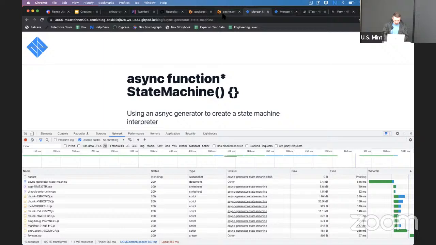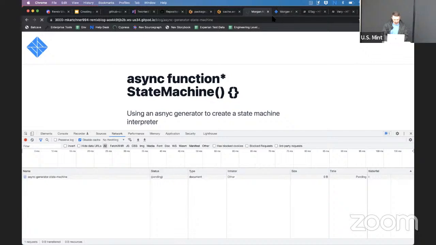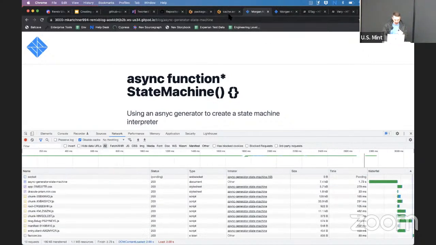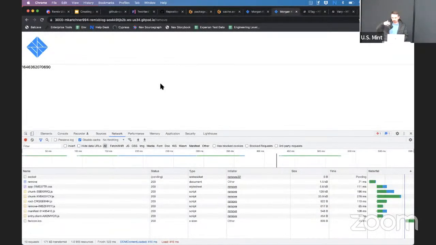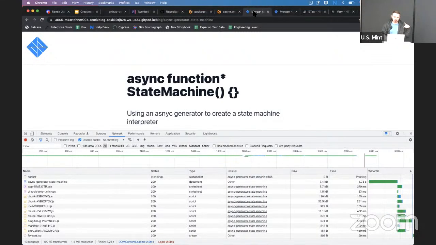So if we look at what that looks like, if it's not cached, right, it's basically the same thing, but now we ask GitHub, hey, where's the content? And we see it wasn't cached, but it was found in GitHub, and we return it and then we cache it. This makes it really fast for blog content that's not changing a lot. Most of the time you're going to have a cache hit in your own local cache. And so if you are deployed in many regions as close to users as possible with your own cache at the server level, it's going to be faster.